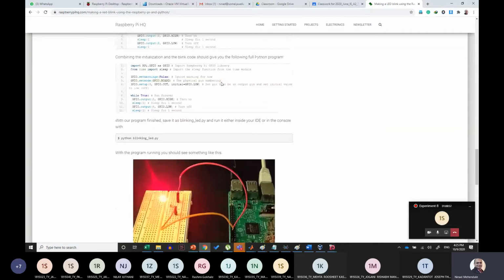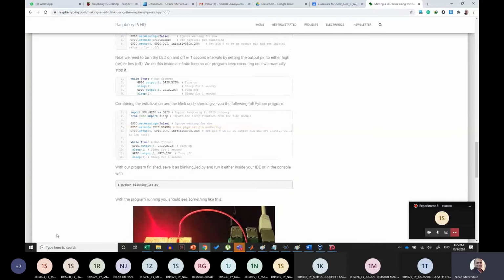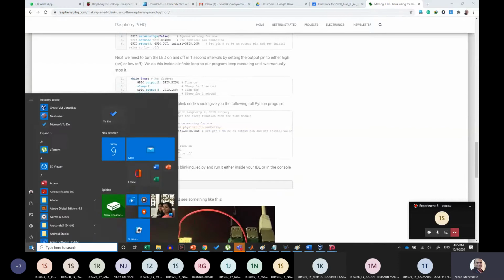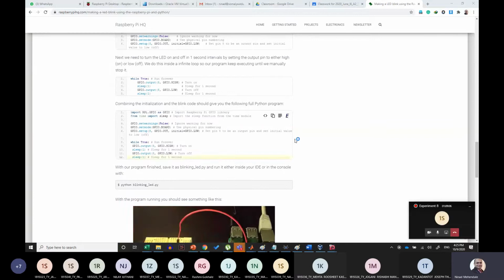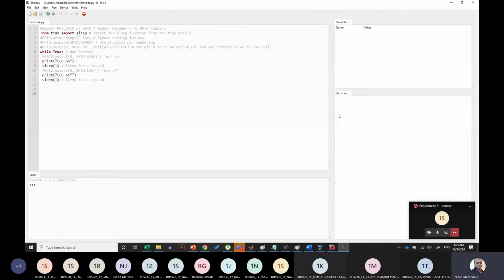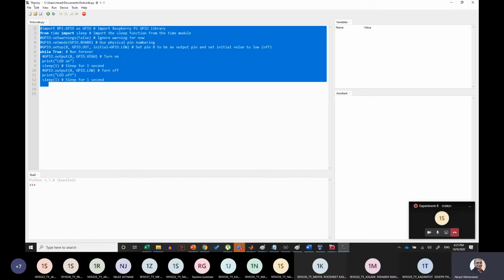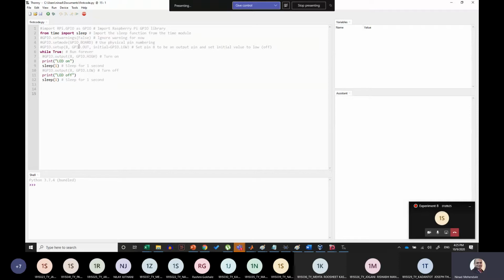Now, all of you, those who have installed Thonny, please start it from your PC. You can directly start Thonny from here. It will be directly running in your Windows also without VirtualBox. And those who have finished installing Raspbian OS, they can take this particular code and paste it inside your Raspberry Pi. So here, instead of blinking, we will just say LED on, LED off after every 1 second.